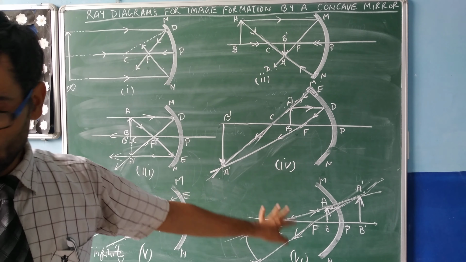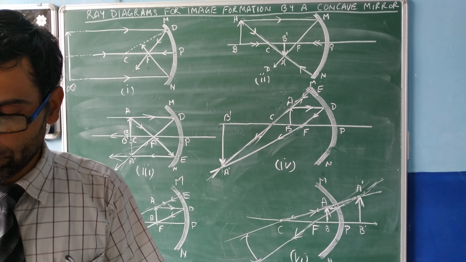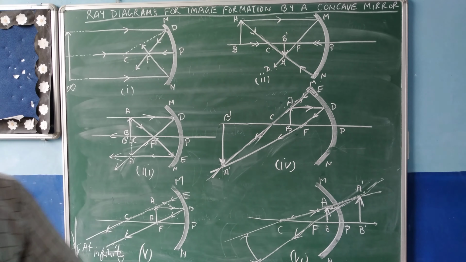So finally, what is the position of the image? It is behind the mirror. What is the size of the image? It is